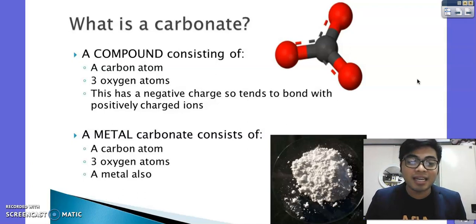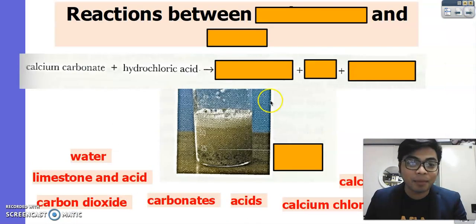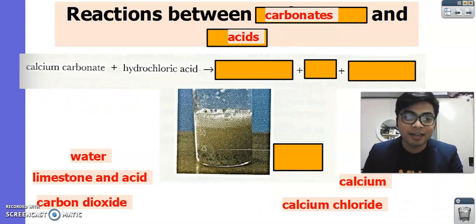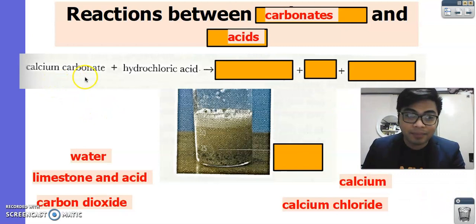So we will be using here a metal carbonate. So what's a metal carbonate? It's simply a carbonate with a carbon atom and 3 oxygen atoms, but it is bonded with a metal. Let's see some examples here. So in a reaction between carbonates and acid, we will be using a metal carbonate. We have here calcium carbonate. Why is this a metal carbonate? Because, exactly, calcium here is the metal and it's bonded with the carbonate,